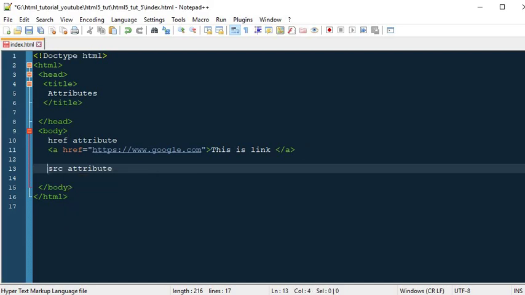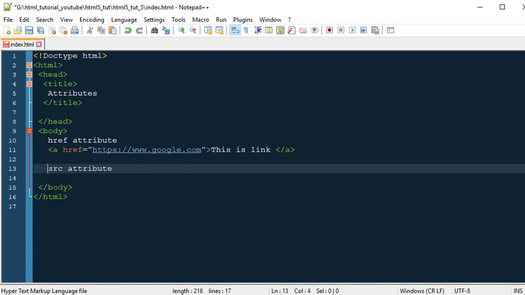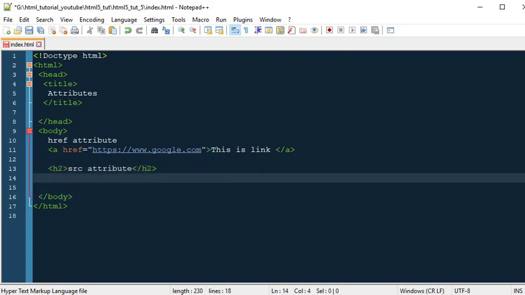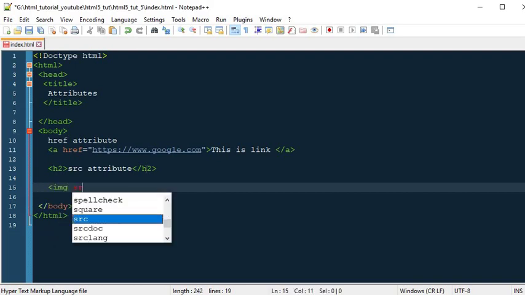Just let's add this within p tag. Let's add this within h tag, that will be better. So as we discussed in the last tutorial about the image tag, today also we will discuss about the image tag and its attributes. How to write an image tag. First we write a less than sign, then img src,